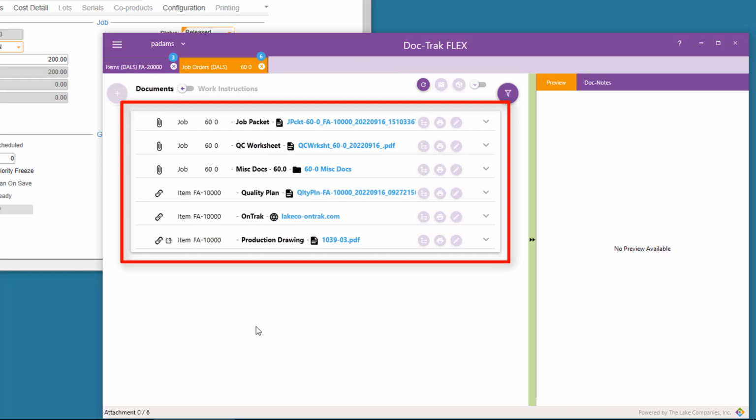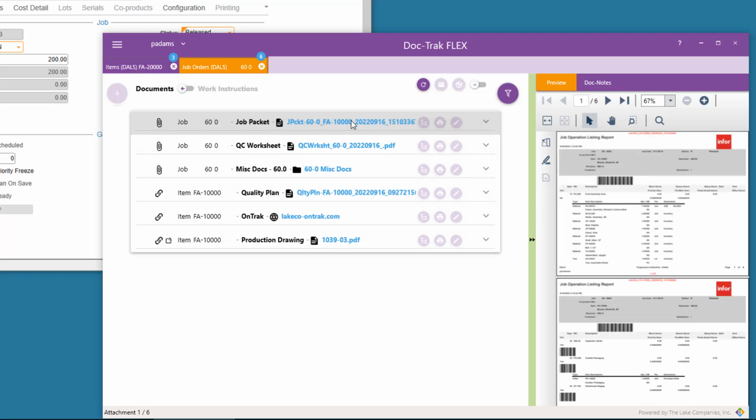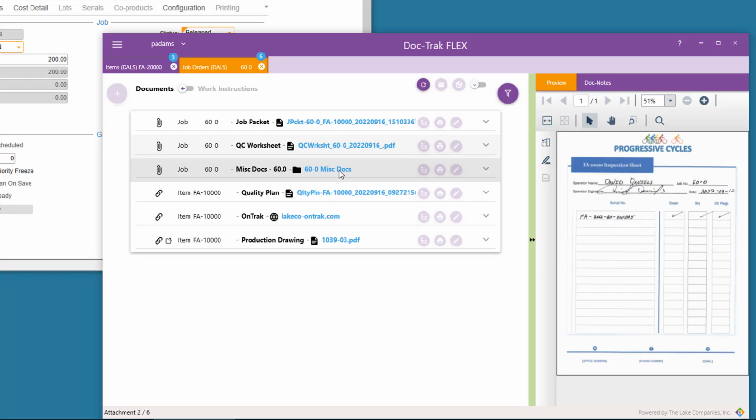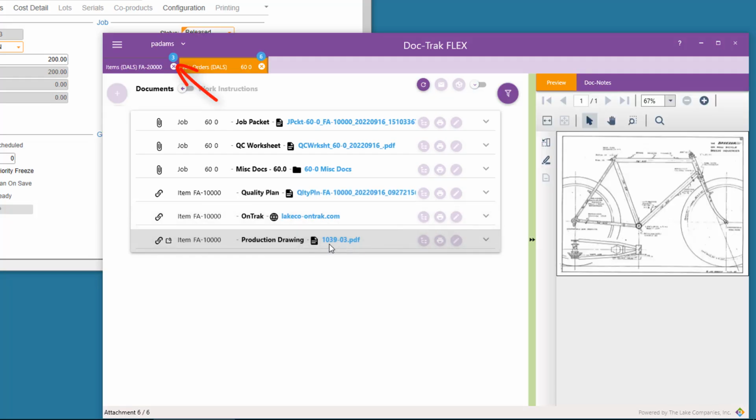And it displays the attachments for the job I've selected in that form. This shows you that it will stay in perfect sync with Sightline as you navigate to different forms and records. And the handy attachment counter is always visible, even if I'm not on that form in Sightline.